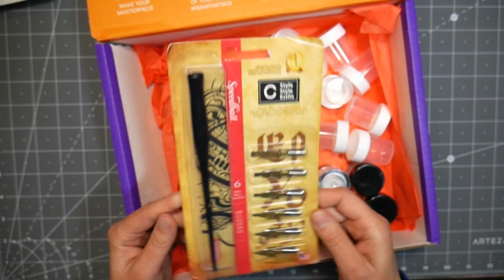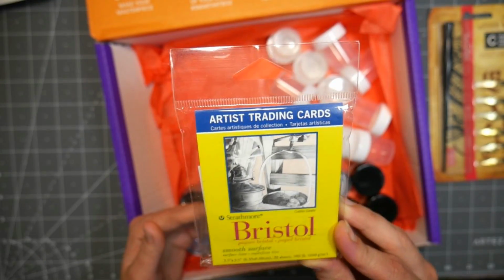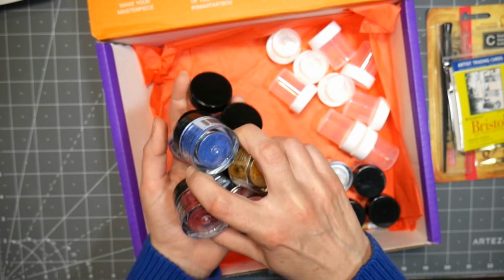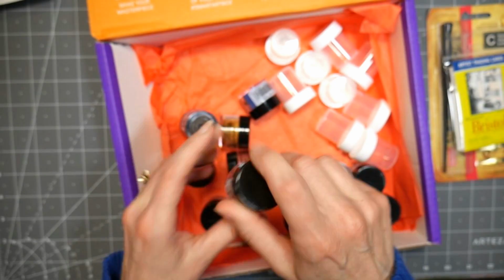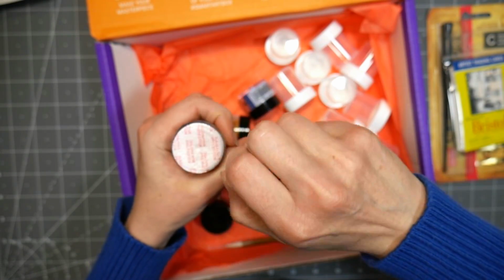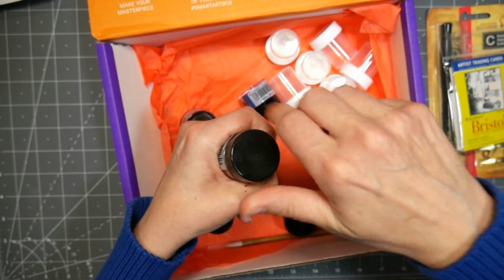So this comes with some calligraphy nibs, which you can also use for drawing. I use them for drawing because I'm not very good at calligraphy. You get some artist trading cards, which I've been really into lately, and I was really excited to see all of these jars of Perlex. There's 9 different jars of Perlex, and if you've ever used that before, you know how it can be kind of a pricey supply. This is a mica powder, and if you do any stamping, like with clear Versamark ink, you can dust this over top, and it just looks so gorgeous and bright and shiny,